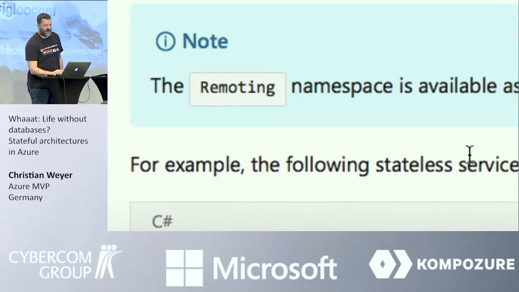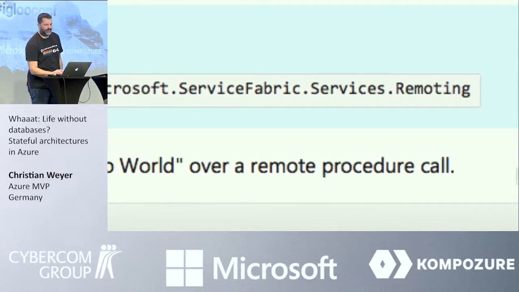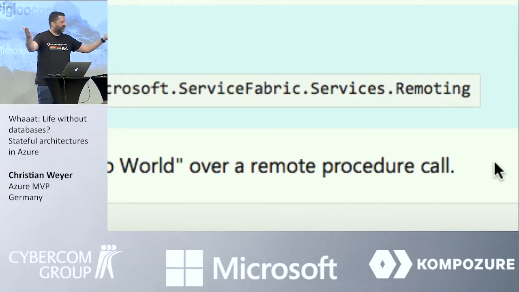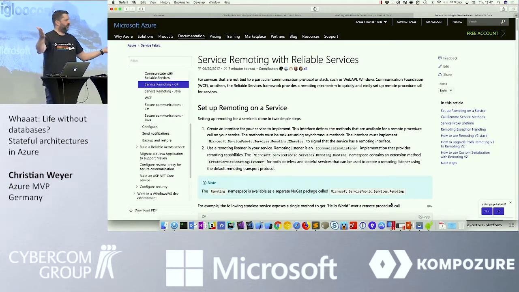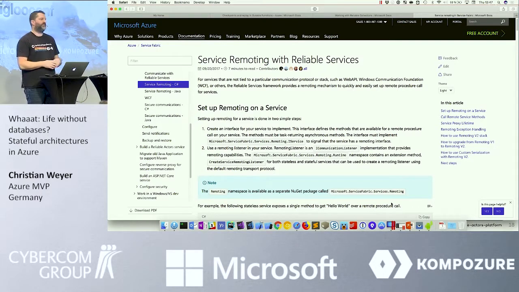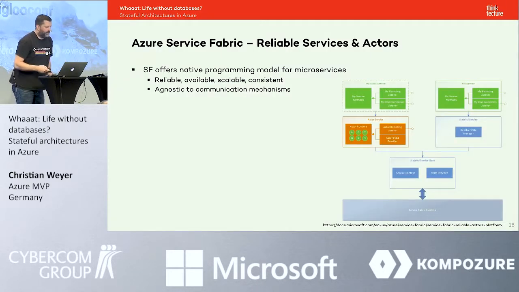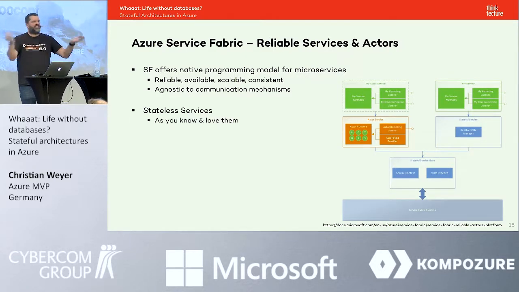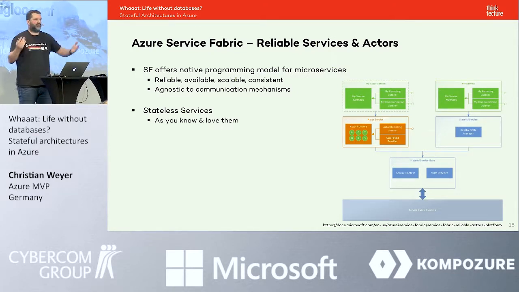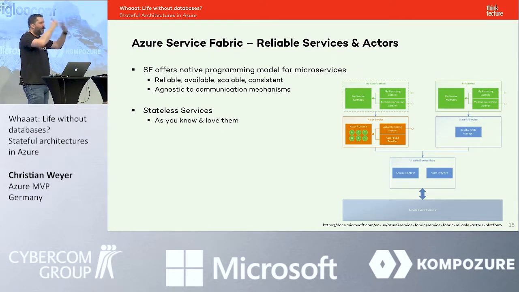So it's no longer System.Runtime.Remoting, but now it's Microsoft.ServiceFabric.Services.Remoting. Welcome to the 90s. So service remoting is back. It's RPC all the way along. If you want to do that, enjoy it. There is a version 1 and there is a version 2 in the meantime. Of course, they are incompatible. Have fun upgrading. But if you want to do stateless services, that's just there, just as you know it, more or less. You can then provide your web API facade on top of that, and you're good to go.